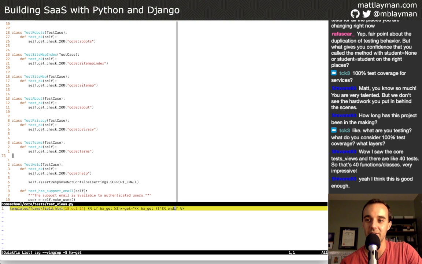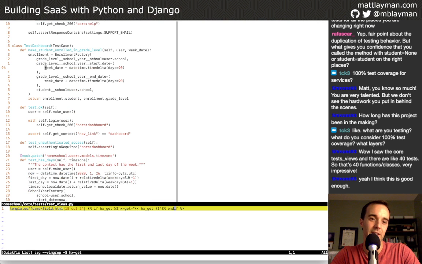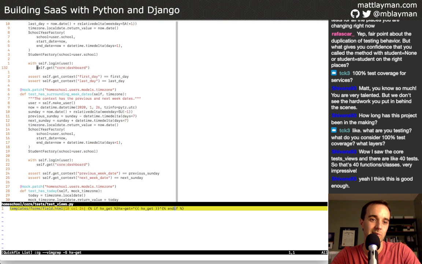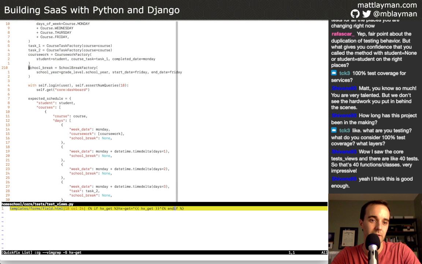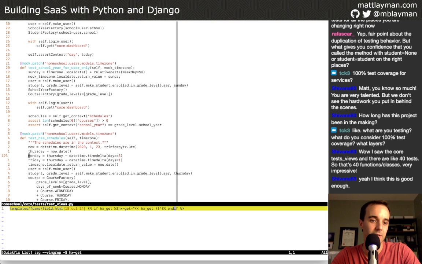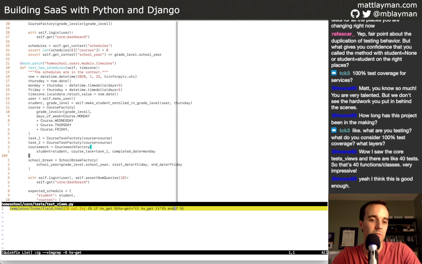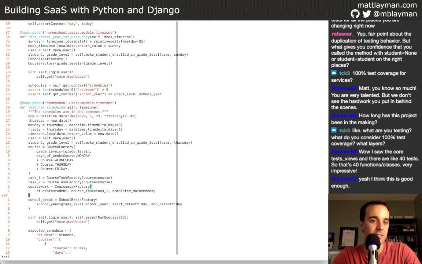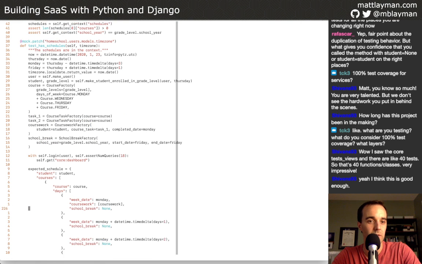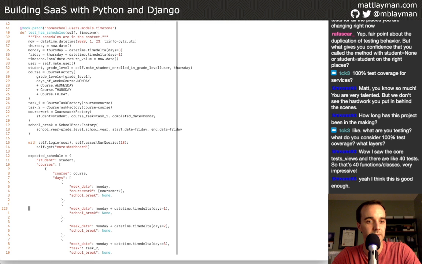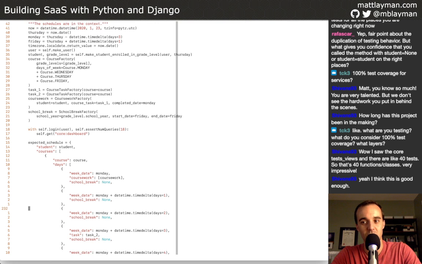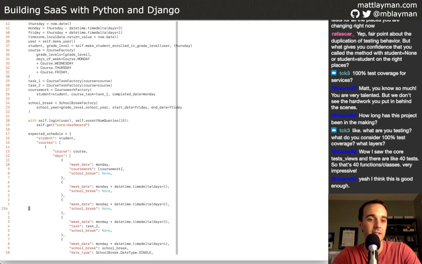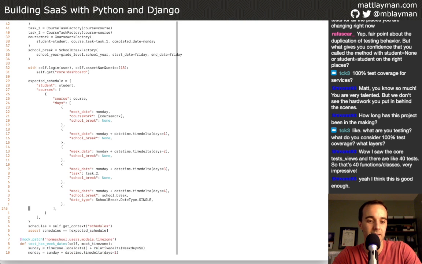Yeah, 40 tests for certain files. There are some of these tests that get much longer than I would like. In fact, I think this one right here, this test has schedules, is probably the gnarliest test in all of my test suite, because this core view has to set up a lot of data to accurately reflect anything, and then I'm asserting a lot on the context.